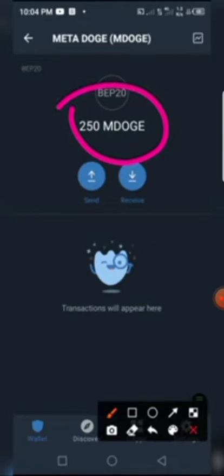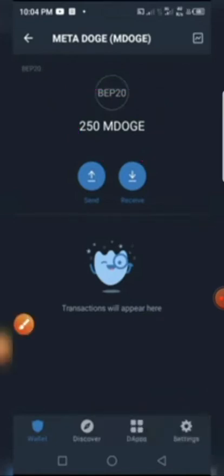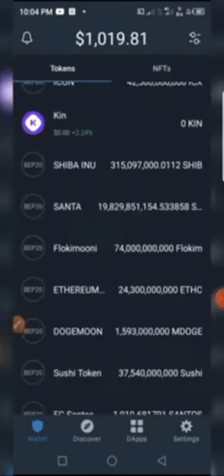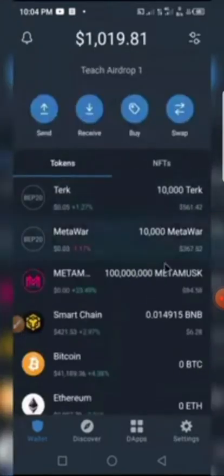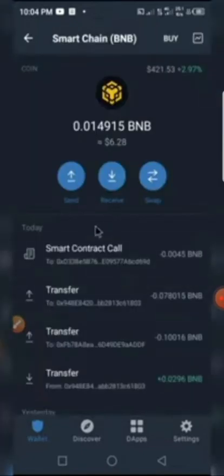With little tax, I've been able to get this token. I can get more of it by claiming it again with little gas limit. I can equally join the pre-sale if I want to join it. I can also join the referral program to earn more, even earning BNB. So what you will do is come to your Smart Chain. You click on receive,